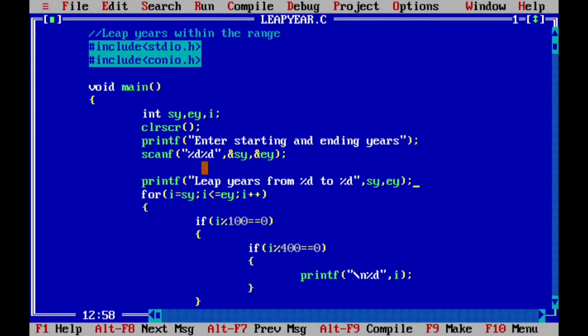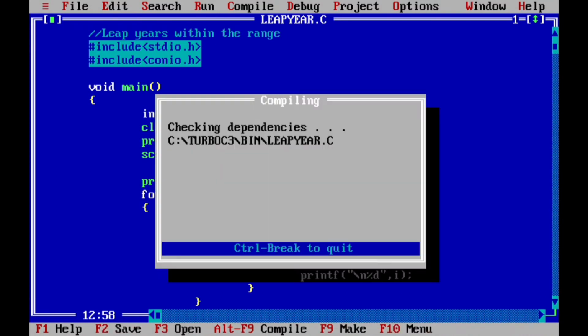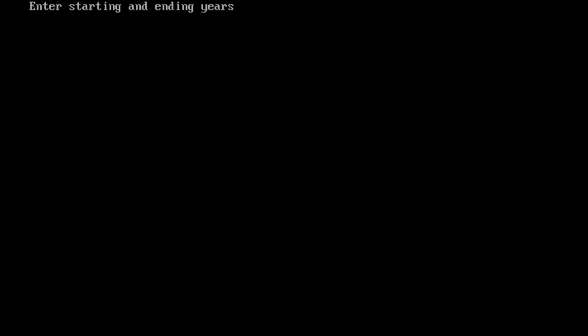Now see the result. 2010 and 2021. Leap years from 2010 to 2021: 2012, 2016 and 2020.